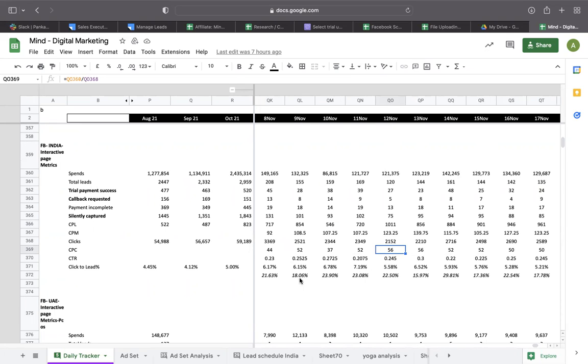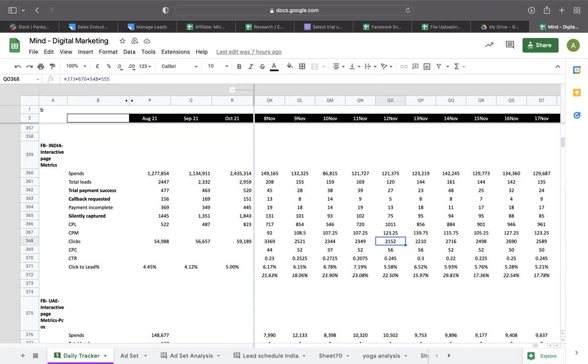But if you see the other metrics, like click to lead percentage, this means that when a person clicks on the ad and goes to the website, how many of them become a lead. So to analyze any campaign, reporting is very important. In this report, you can see where the drop happens. On 12th and 13th November, my click to lead percentage dropped. This means that the audiences that went to my website didn't convert. That's why my click to lead is down, and due to that my CPL goes high.